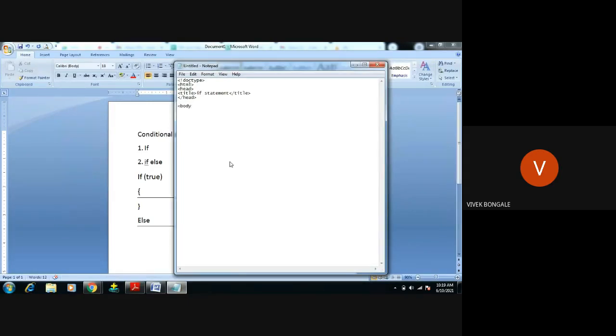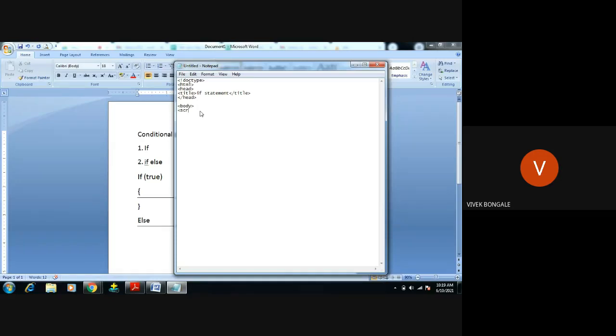So we can give the JavaScript either inline, or externally by writing the JavaScript in a separate file, or embedded. Embedded means internal here. So we'll write in the body.